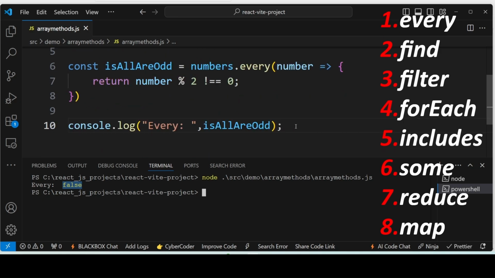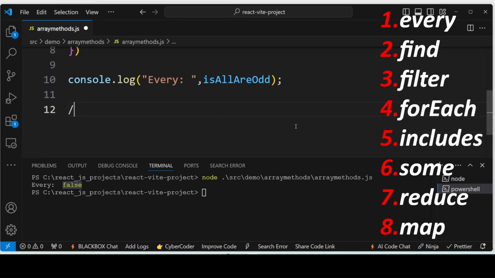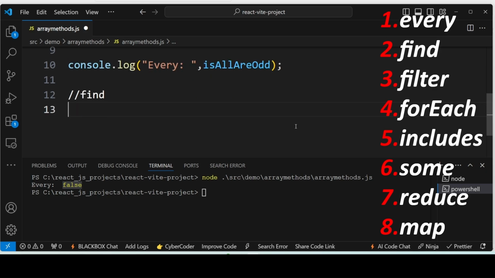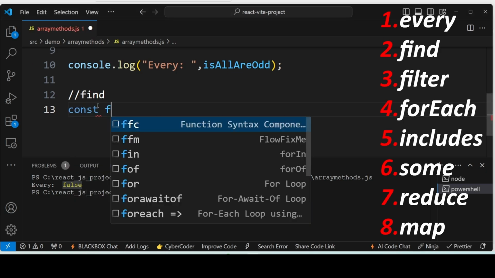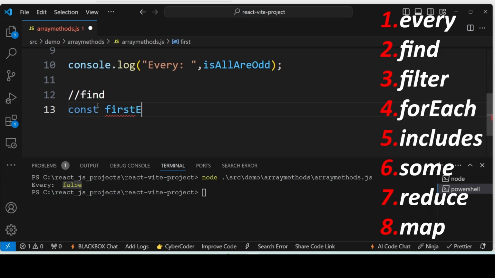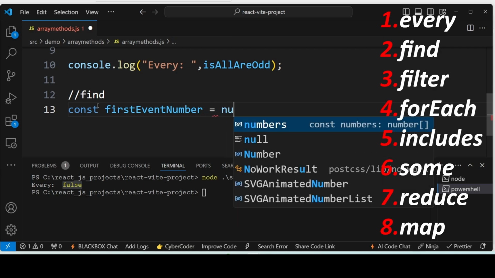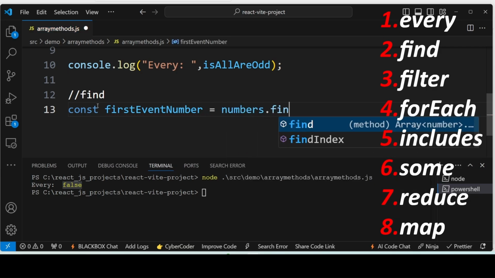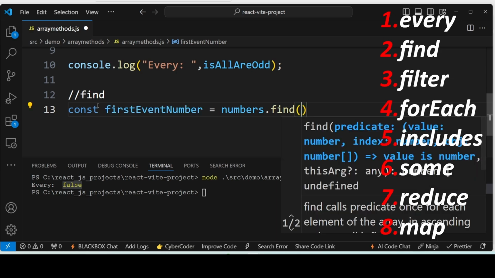Okay. Now the next method is find. Find method returns the first array element that satisfies the condition specified in the callback function. Okay. Let me show you an example here. For that, I'm going to check the first even number. Okay. First even number equal to numbers dot find and then callback function